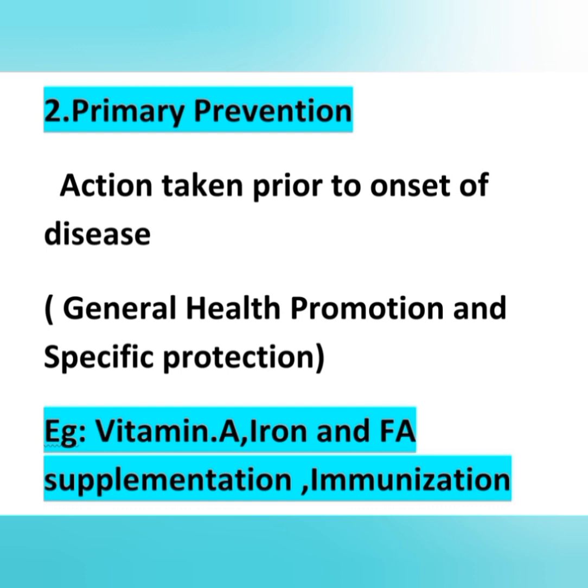And also specific protection, we can give some specific protection prior to onset of disease, that is supplementation of vitamin A, iron supplement, folic acid supplementation and immunization against various diseases. All this is to prevent onset of diseases, that is called primary prevention. So primordial prevention and primary prevention. And next is